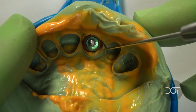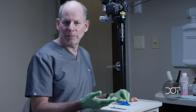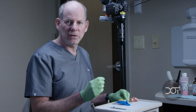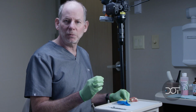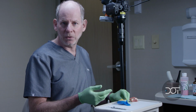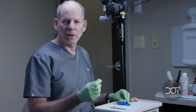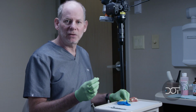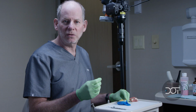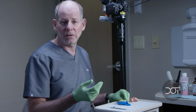We're able to remove this, and now we're able to send this off to the laboratory, where they'll place the fixture analog before they pour up the model, so then they can go ahead and start working on the final crown. In the meanwhile, once this has been removed, I'm going to immediately place the patient's provisional back in place